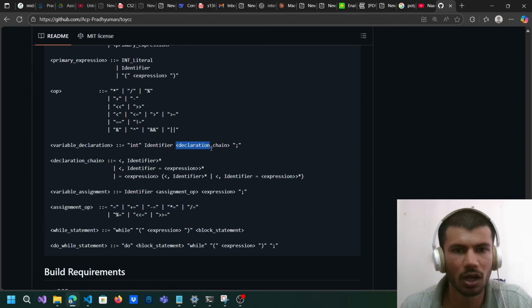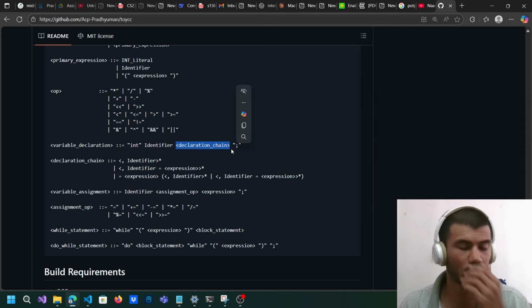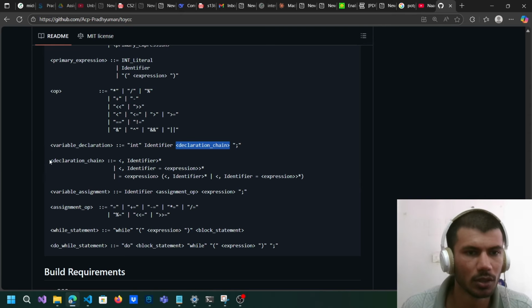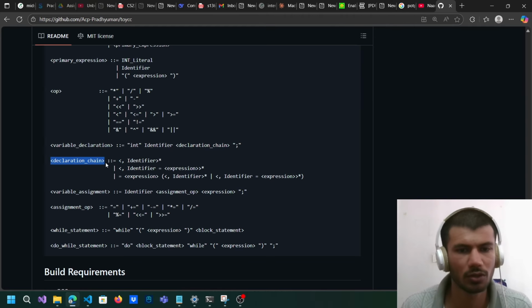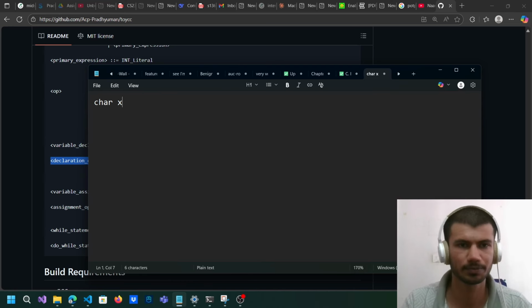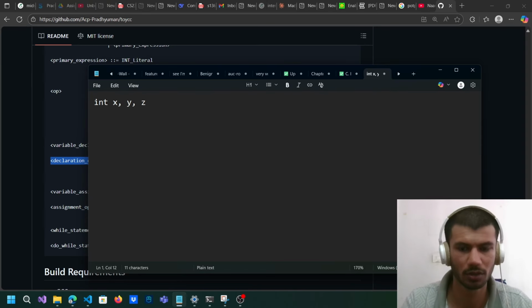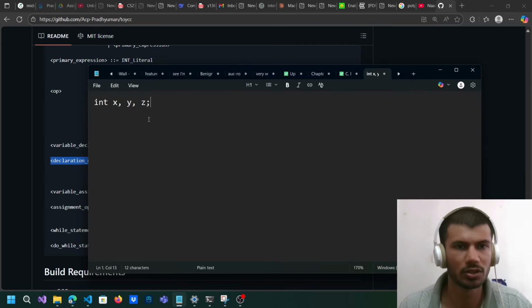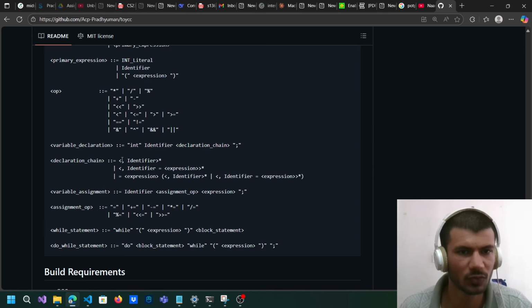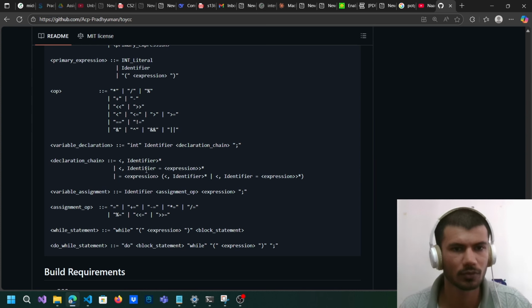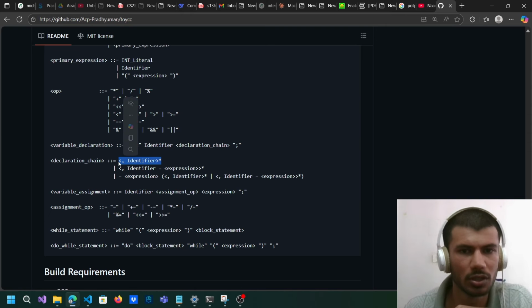So after identifier, we would have a declaration chain. Now you need to understand the declaration chain. It is like this: you would have int x comma y comma z, right? So that's what the chain is. After this x, we would have this comma, and any number of identifiers, right? So that's why I put this, and then after that we'll have the semicolon,